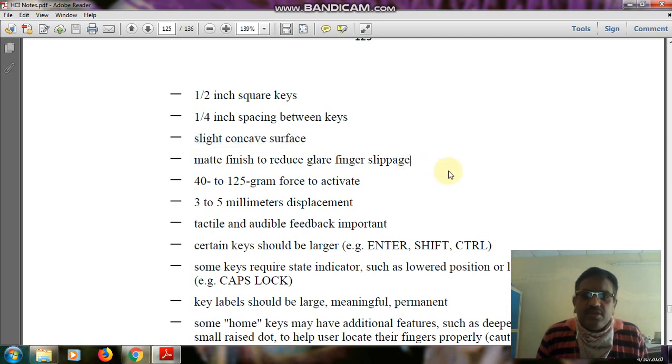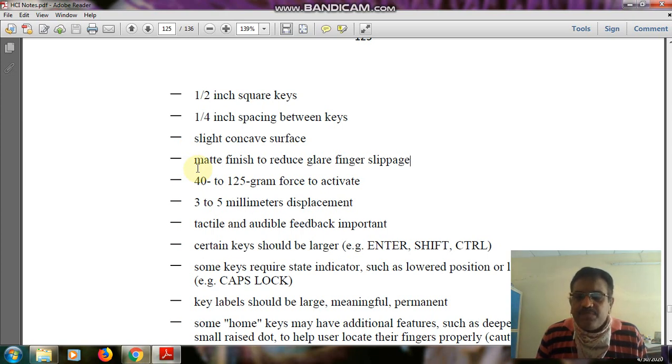Each key has a good finish, and sometimes the finger may slip from the key.